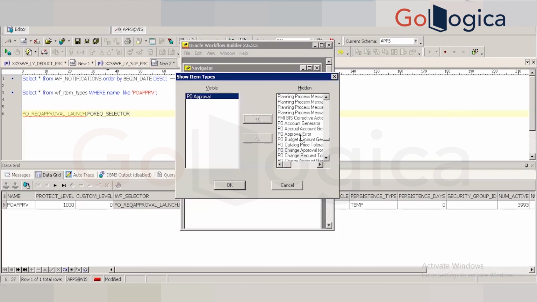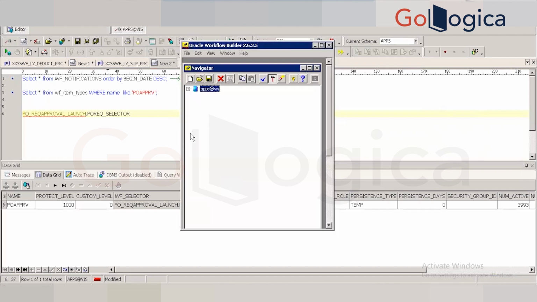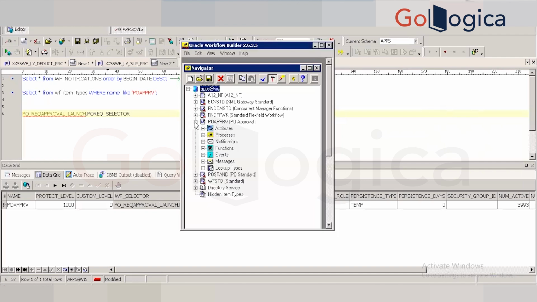PO approval workflow something. Error. This creates accounts. PO order status. PO requisition. PO requisition account. Let's see. This one, IPP approval. Let's open this. Yeah, this one, see, POAPPRV, right? So once we get this,